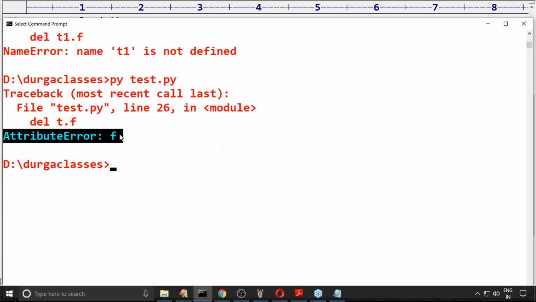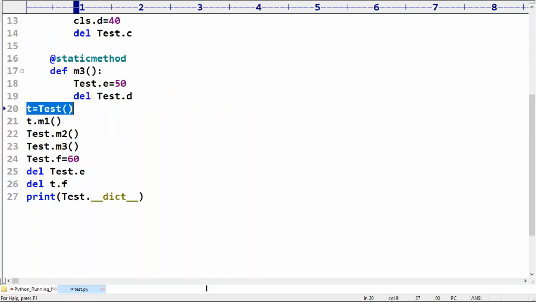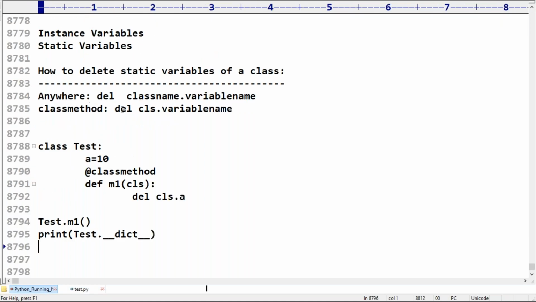We are going to get AttributeError, there is no such attribute on T. So if you want to delete a static variable, compulsorily we need to use del class name dot variable name or del CLS dot variable name. There is no chance at all otherwise.